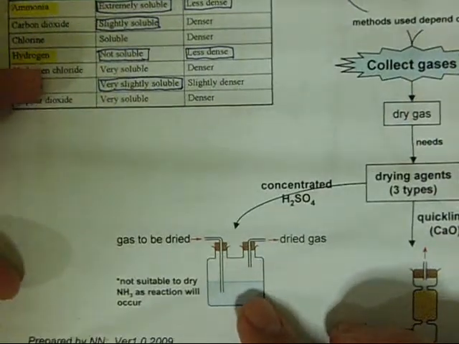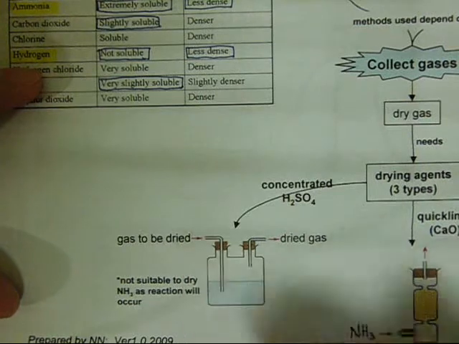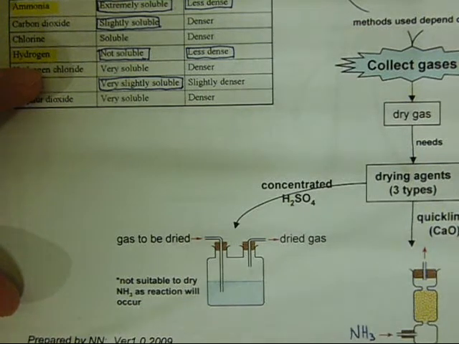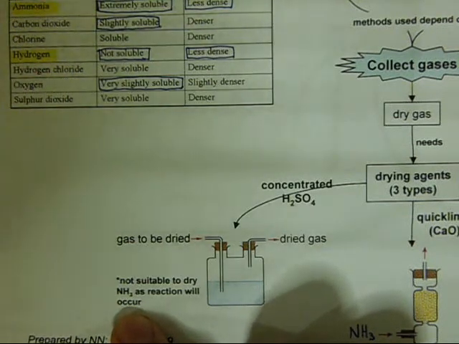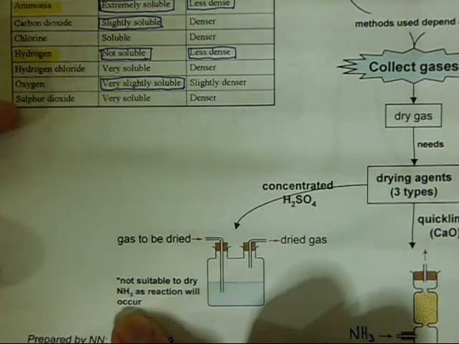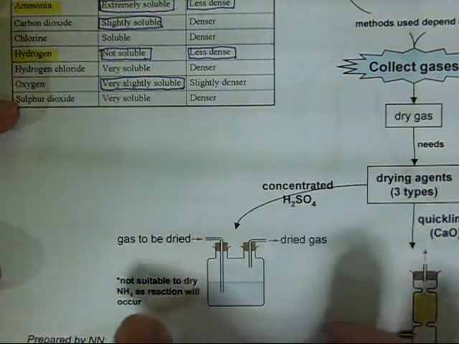Now for drying of gas using sulfuric acid, the gas to be dried cannot be alkaline. For example, NH3 is alkaline. The ammonia gas would turn moist red litmus paper blue. So your NH3 is an alkaline gas. So you cannot dry NH3 using concentrated sulfuric acid, because alkaline